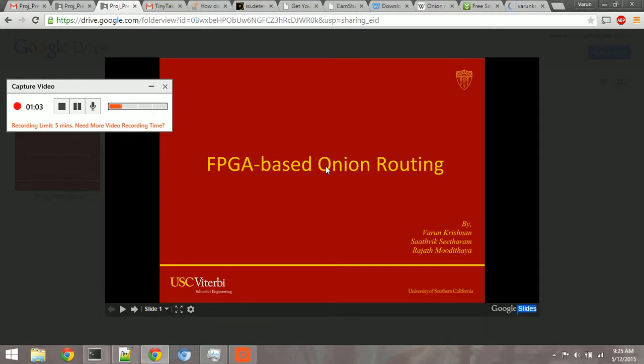So what is an Onion router? An Onion router basically uses several layers of misdirection to fool anyone who might be listening. So instead of sending from A to B, A will send a packet to C. When C opens that packet, there will be information telling him to forward the packet to D. D will send it to E. E will send it to someone else, and so on. Finally, it will get to B.